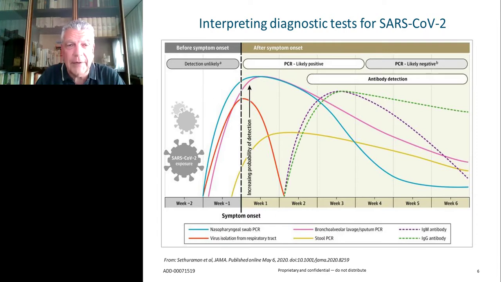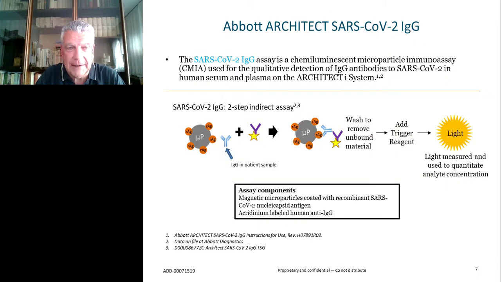And this, as we have noticed, is even recommended. Now, how may you do that? One possible solution is to use this kind of assay. This comes from Abbott Diagnostics. It's an assay for specific IgG to SARS-CoV-2, and it's targeting a recombinant antigen from the nucleocapsid region of the virus. So there are several topics to deal with.